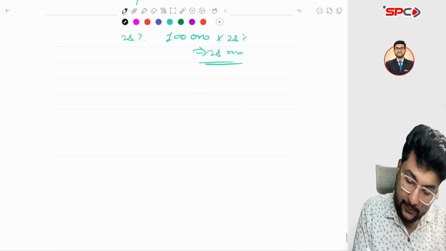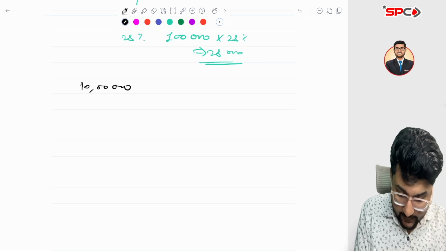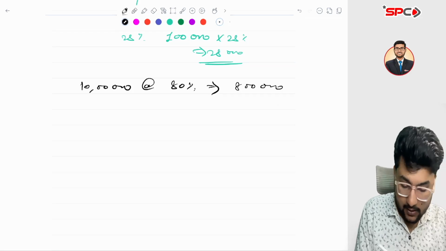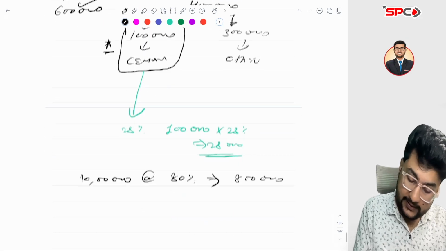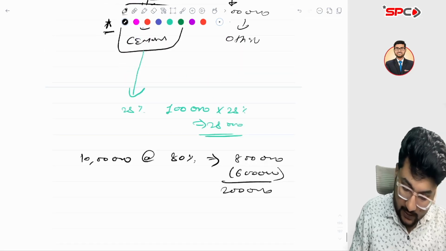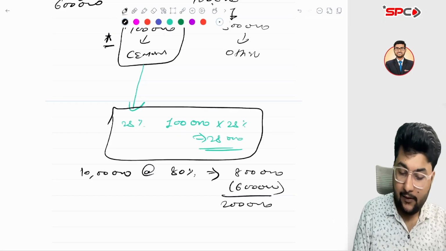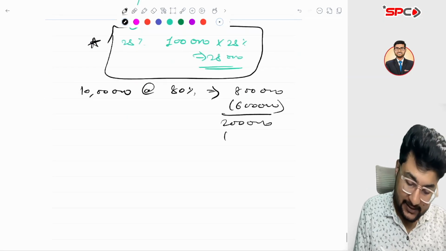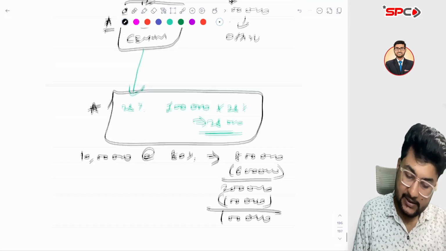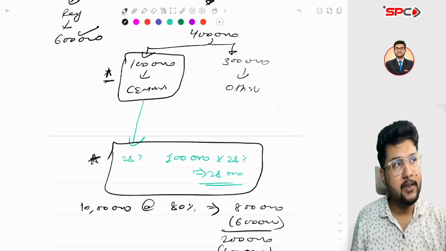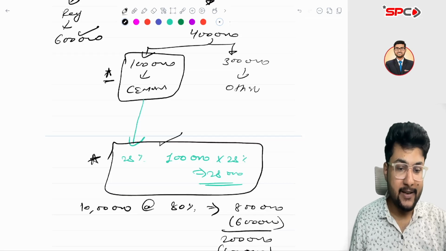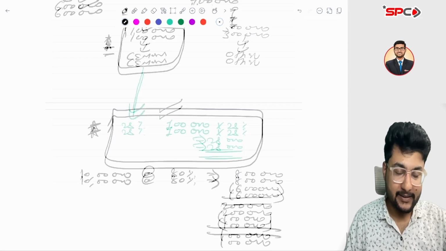Now calculate the 80% rule. Out of 10 lakh, at least 80% should be registered or RCM. So the amount will be 8 lakh. 6 lakh is already registered, so the remaining amount is 2 lakh. Now, we have already paid the tax on reverse charge on the cement, so this should also be included: 1 lakh means 1 lakh. This can be any services, for example, any 9(3) services. Just like cement, any 9(3) services you have paid under RCM still count under the RCM 80%.